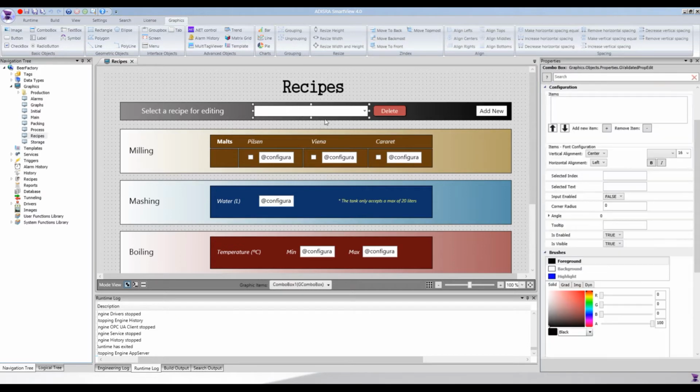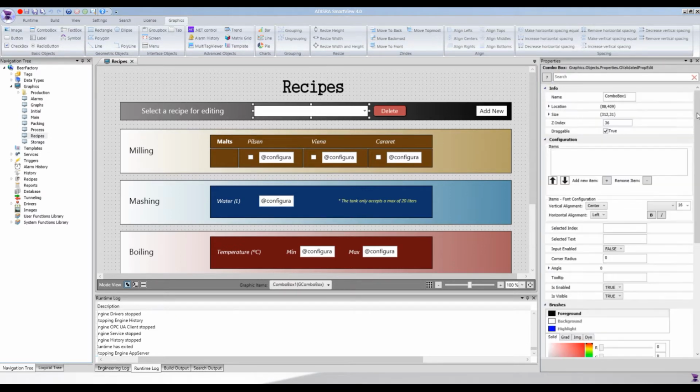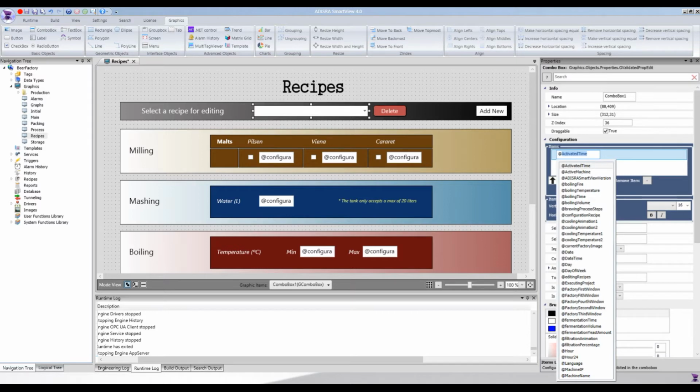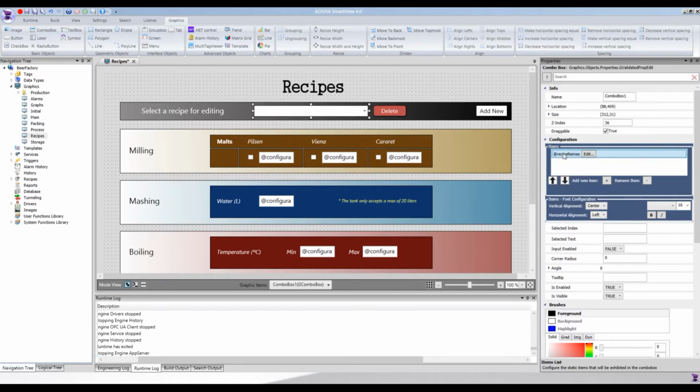This is the combo box that we'll be using and talking about. First, what pops up to our eyes is the first configuration, the items, and here we can add predefined values. I can add just a string or multiple of them, and we're going to have a bunch of items in the combo box. Or we can also add arrays or just tags. So it could be a simple array of size 10, but it can also be a dynamic array. And we're going to use our recipe names array that we created,